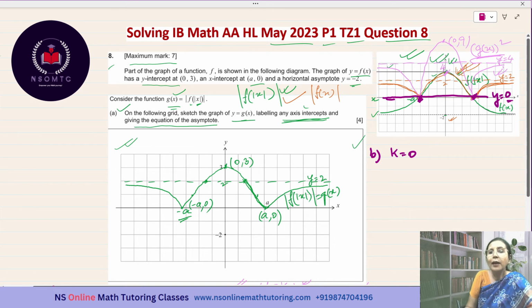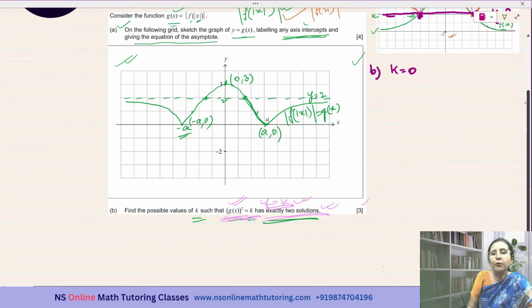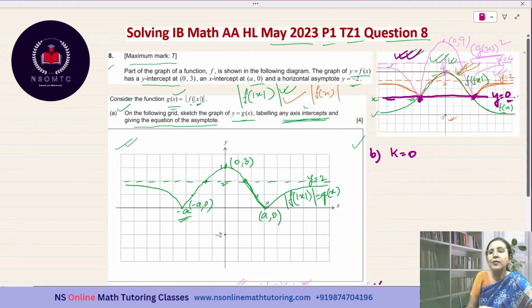Okay. I'm again repeating, you have to show this working because this question contains 3 marks. So it is better that you draw this rough sketch and explain your working. Just this graph and the horizontal lines at several places will be explaining everything. Okay. So k equal to 0 is definitely one of the values of k. And where can we draw the y equals k line so that it cuts the graph at exactly 2 points?